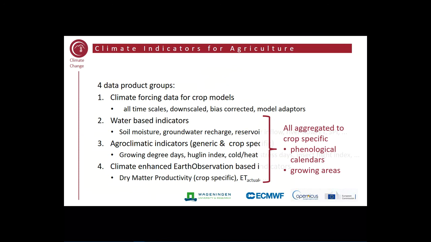All these data sets we provide also with tools to aggregate them to, let's say, the respective cropping calendars around the world. So for the major crops, we added cropping calendars and, of course, also growing areas from where these crops currently can be found, while still also allowing us to assess the same things for different regions, in light of changes that might occur, which is the most favorable place for certain crops to grow.